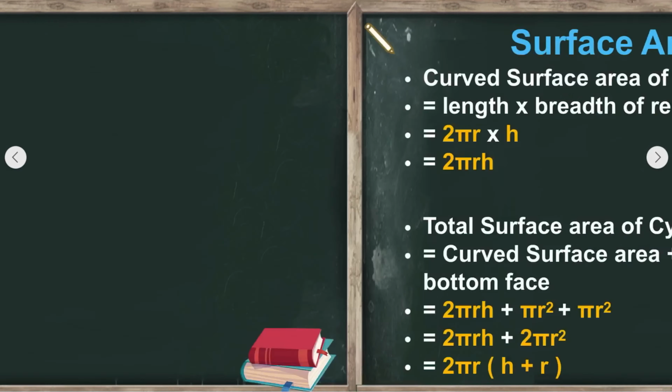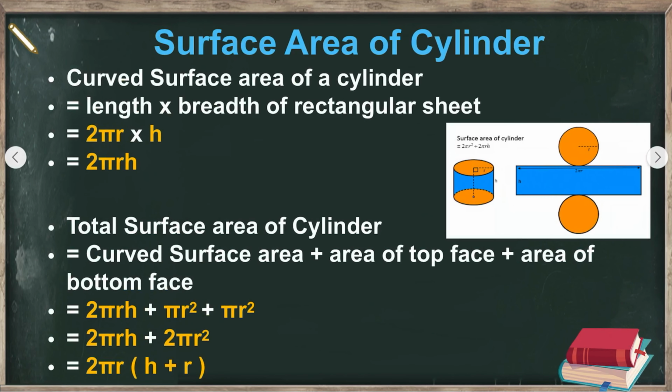Now moving ahead to the next one, that is the surface area of a cylinder. Okay, you must all be aware about the shape of a cylinder. Okay, so if we open a cylinder, this middle part, which is blue colored, will turn out to be a rectangle, and then we have the top and the bottom in the shape of a circle. Okay, so in case of cylinder, we have 2 types of area. First is curved surface area, that means the area of the lateral face, and we have total surface area of cylinder.